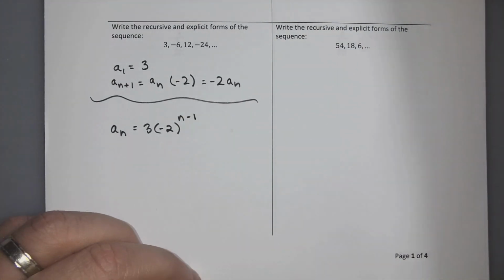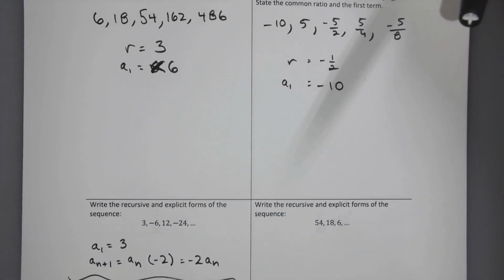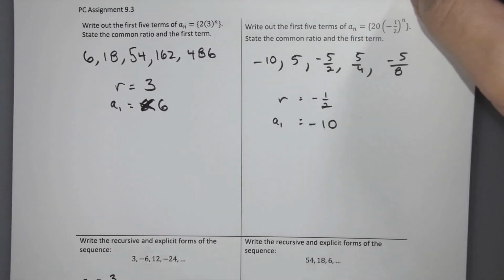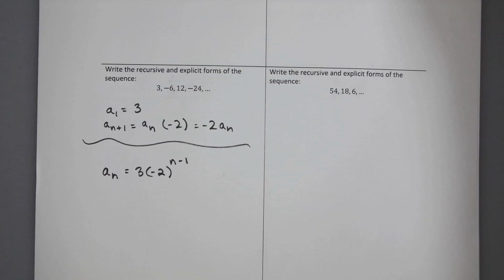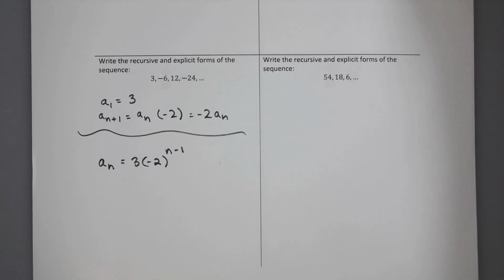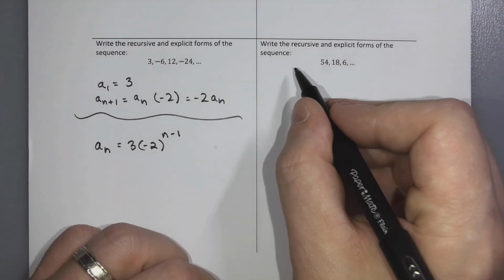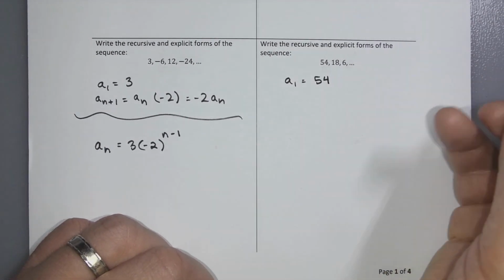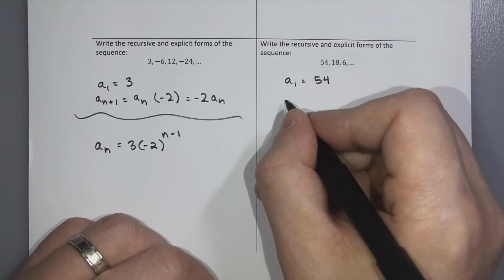By the way, this is the subtle reason why I almost made an error up here with the n, because that's not an n minus 1, that's an n, and our explicit form generally has an n minus 1. So sneaky, sneaky, sneaky. Okay, recursive form here, our first term is 54, and our recursive form would be to